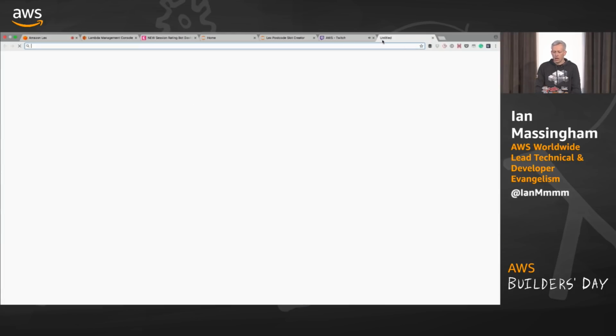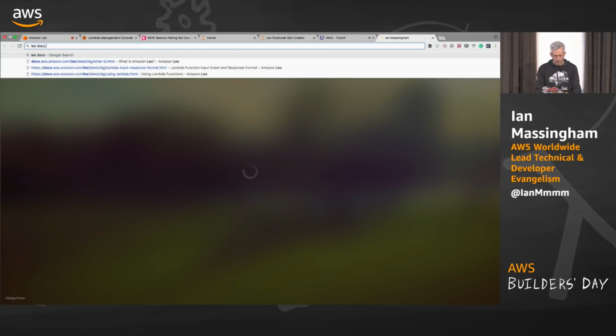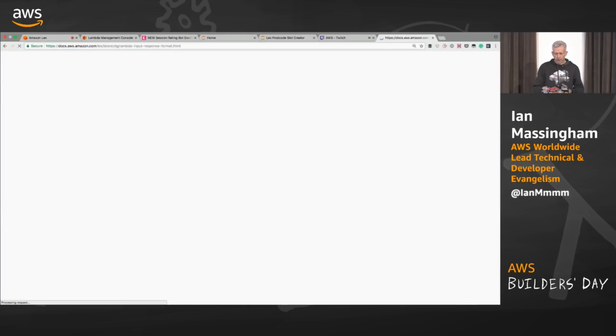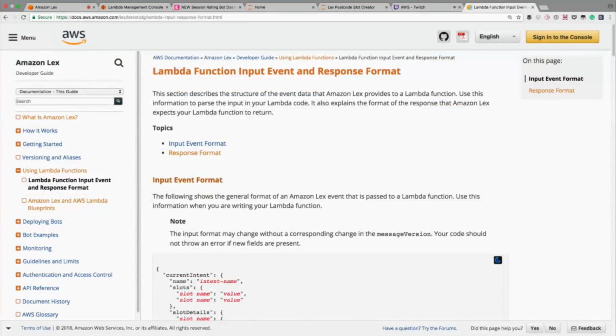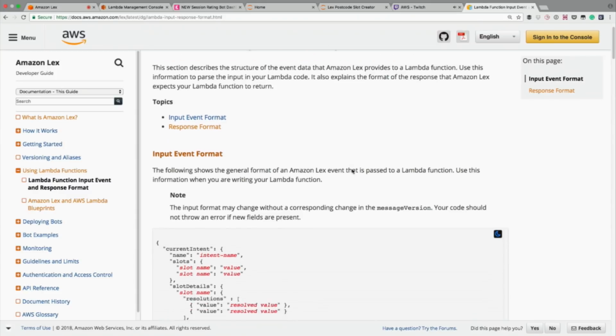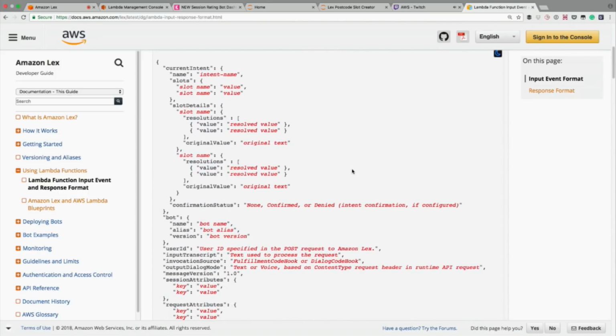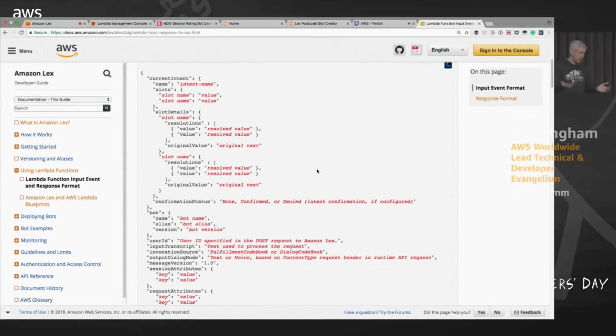While that happens, I'll just take a look at the docs and explain a little bit more about what's happening here. So when I converse with the bot, either by text or by voice, if I have that initialization and validation checkbox checked and a specific Lambda function nominated for invocation on that event type, every time I send an utterance to the bot, my Lambda function will get invoked, and my Lambda function will receive a fixed format document that contains information, data, about the utterance that I've just given.